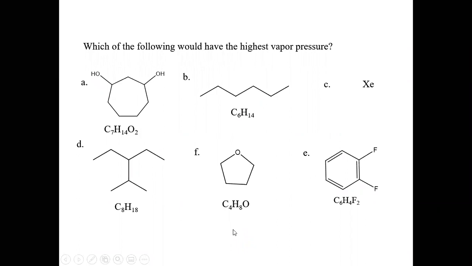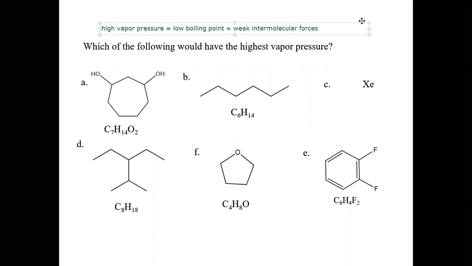And then lastly, we want to look at one more example involving intermolecular forces. We want to know which of the following would have a high vapor pressure. So again, when we have a high vapor pressure, this is going to equal low boiling point, which equals weak intermolecular forces. So again, high vapor pressure means it vaporizes very easily, which means it has a low boiling point and